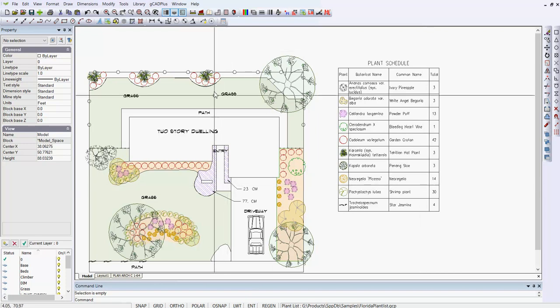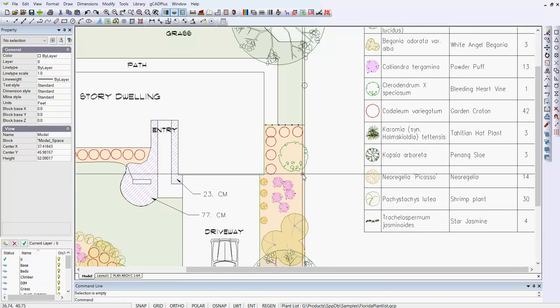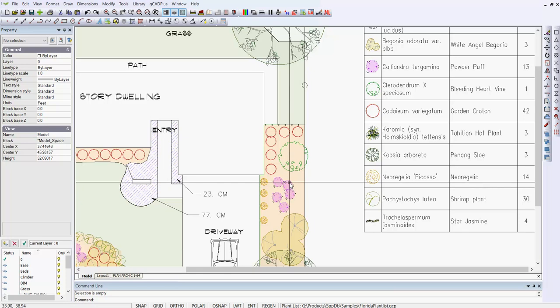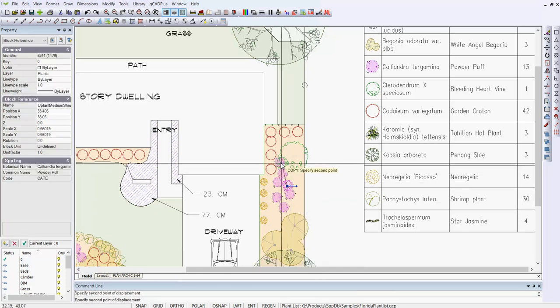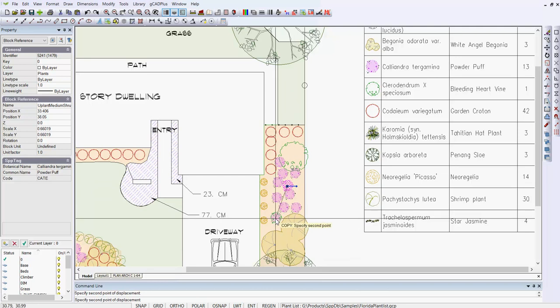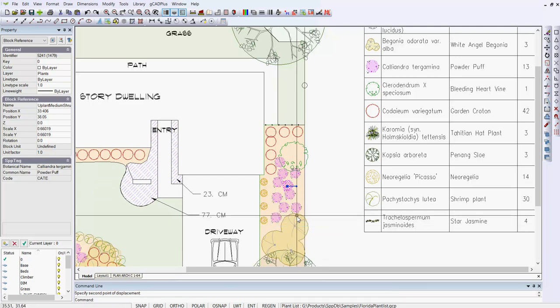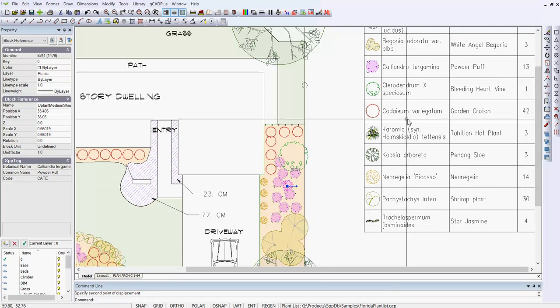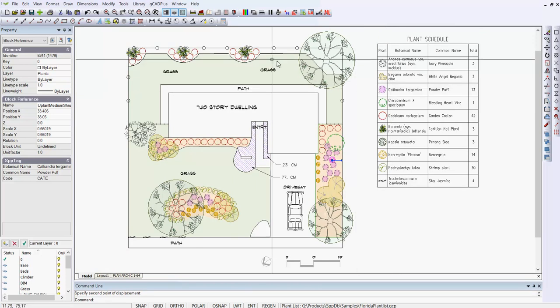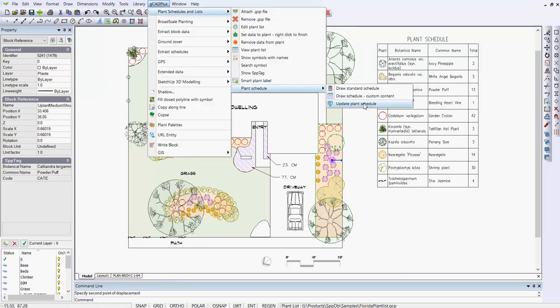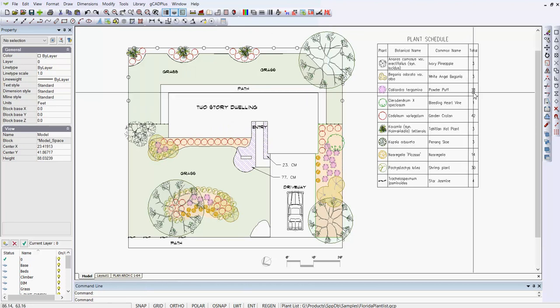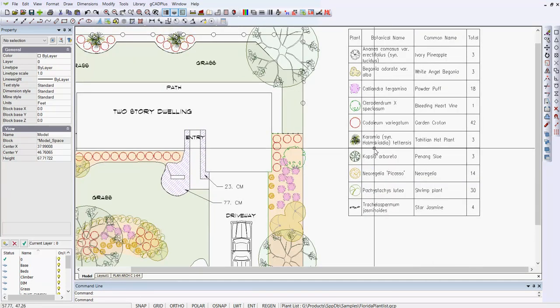We could update it if we liked by, let's imagine we take the Calliandra and copy it quite a number of times because our client is telling us that they like that species, and there are 13 in the plant schedule at the moment, so just update the schedule and the 13 changes to 18. So once you have a schedule like that, you can tweak the design subsequent to the generation of the schedule